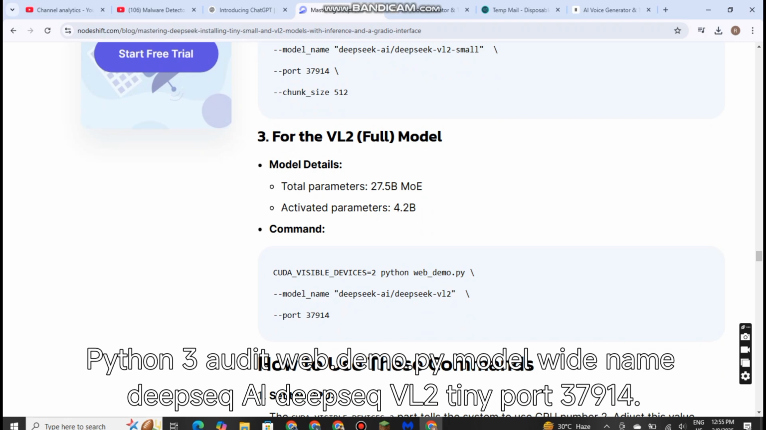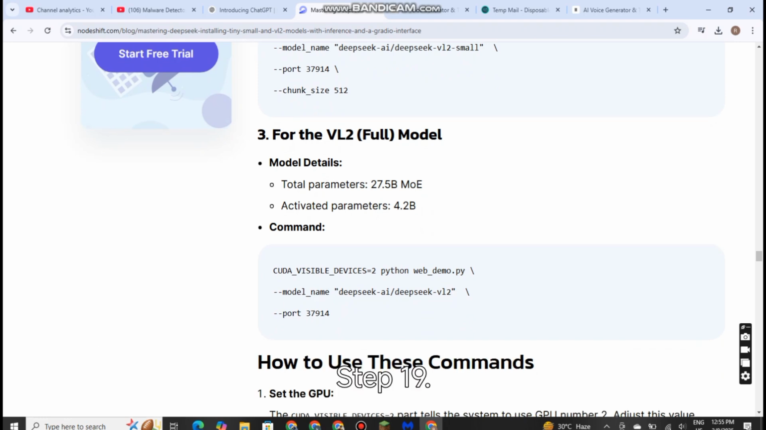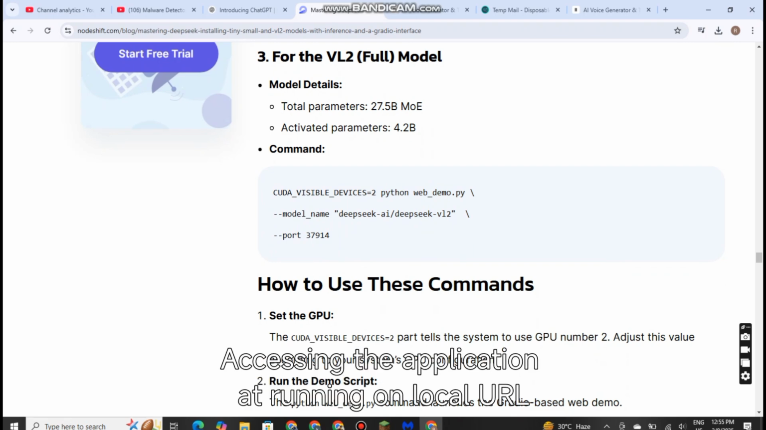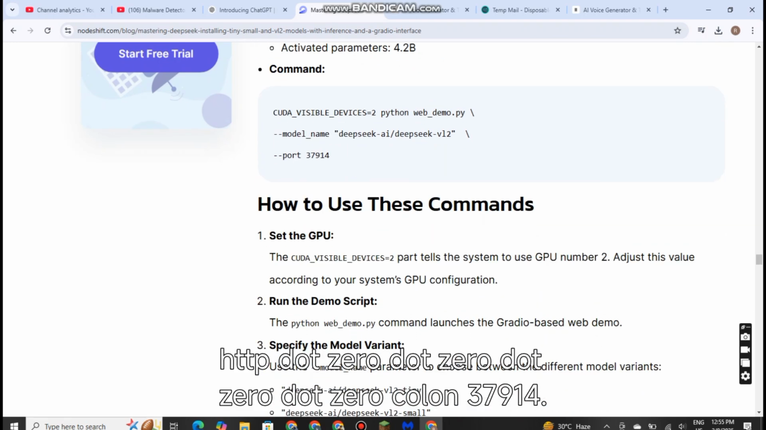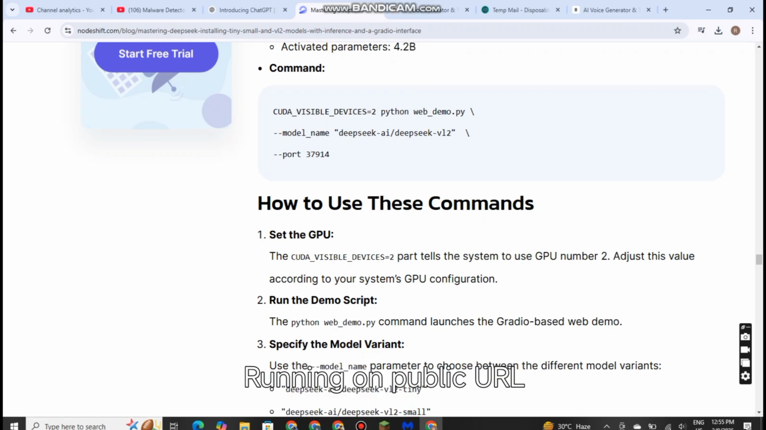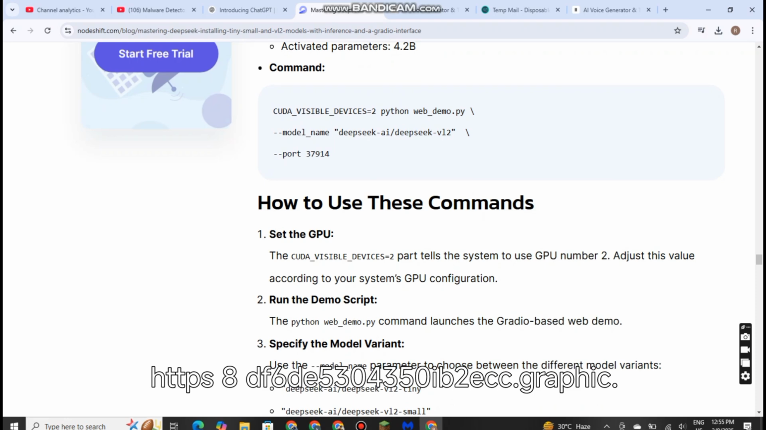--port 37914. Step 19. Access the application. Accessing the application: running on local URL http://0.0.0.0:37914. Running on public URL https://8df6de5304350ab2ecc.gradio